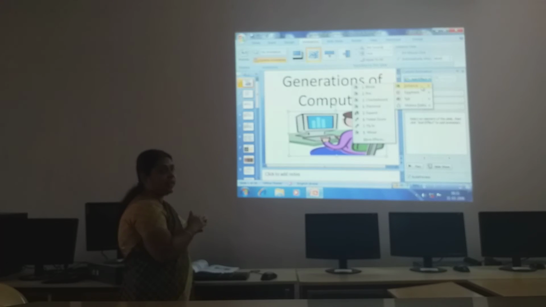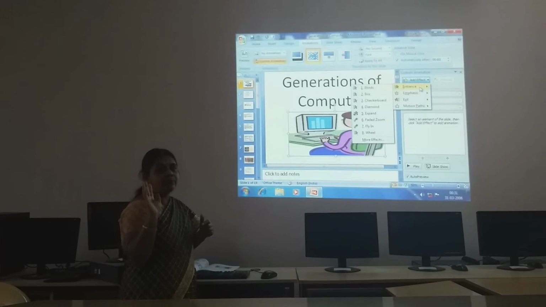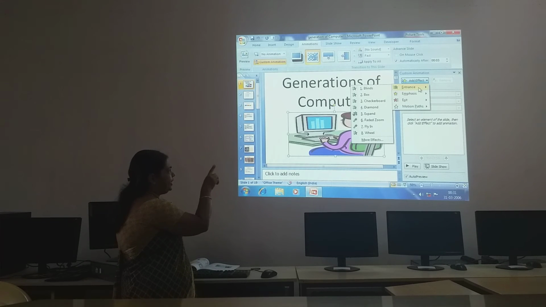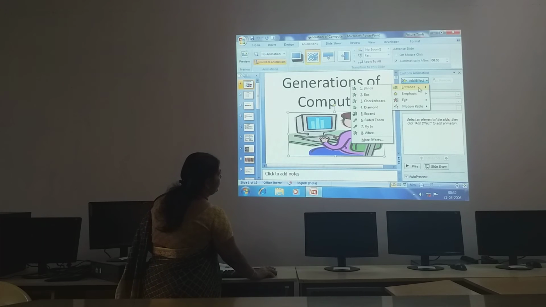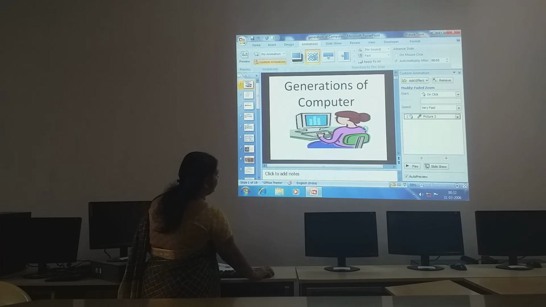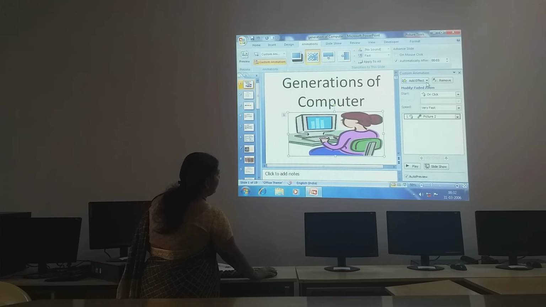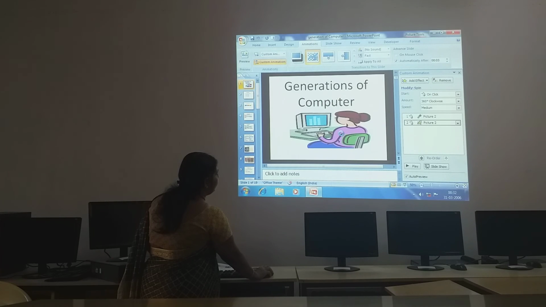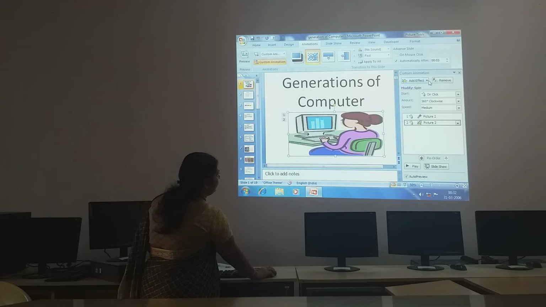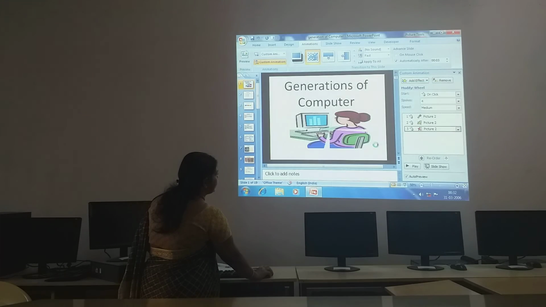Add effect shows how your slide can enter: entrance, emphasis, exit and motion paths. 4 options are being given, children. Entrance, just we are giving faded zoom. Then again go here and click for emphasis, children. With emphasis, you can spin it. Whichever object you want to animate, that one you select and do, children. Then exit, how you want it to leave. Exit like this, wheel, it will rotate and go.